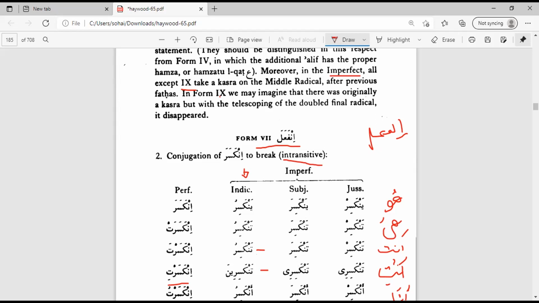Okay, and then obviously this is mansub when you have an in front of it and so forth. And this is jussive, so this is when you want to say don't do this, negation. La tankasir, do not break, and so forth. Then the imperative is inkasir. Okay, so you just take tankasiru,